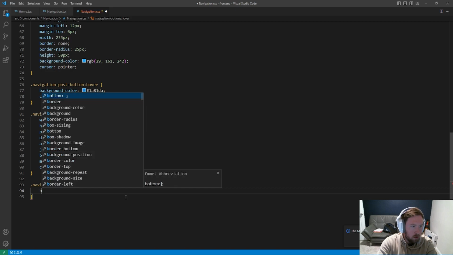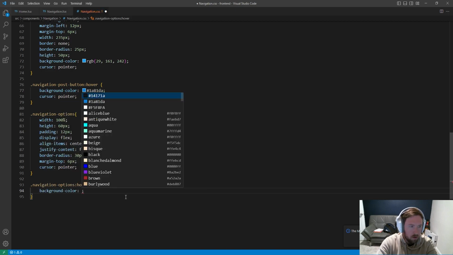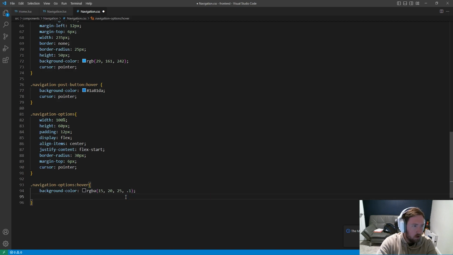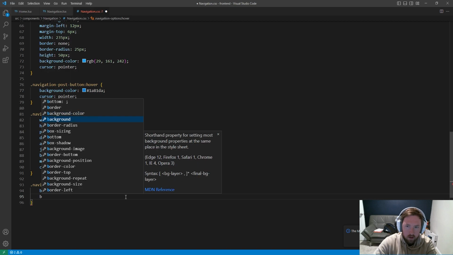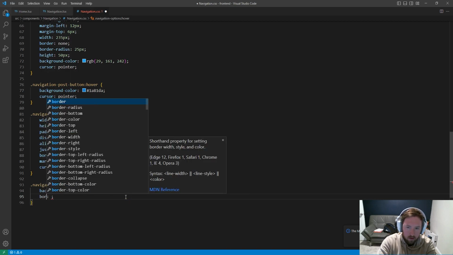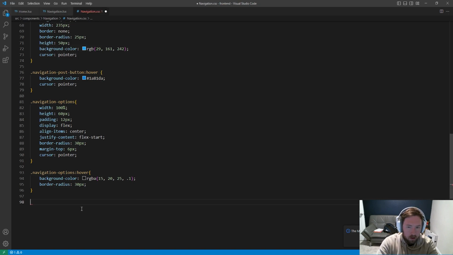We're going to have a background color of the same thing we had before, RGBA of 15, 20, 25.1, and then border radius. I don't think I need to add them on both, but I do anyway. Border radius of 30px. It's probably fine not to add them to both, but I like to play it safe. Now we have our dot